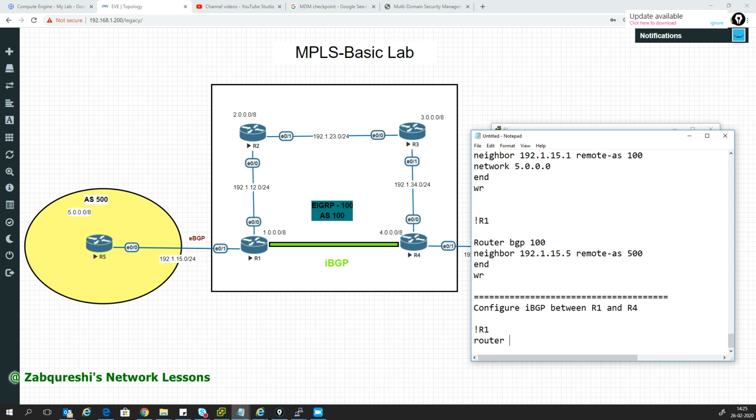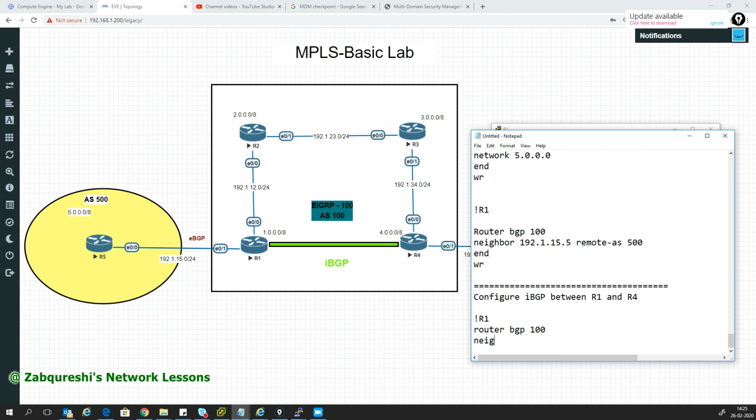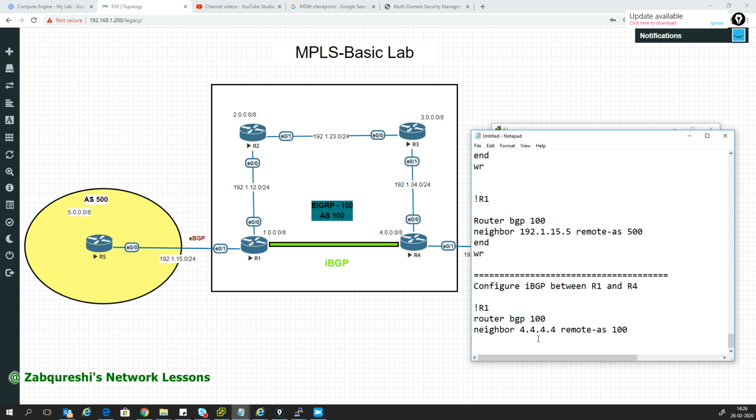Our router BGP is already running 100. Okay, neighbor. Who's my neighbor? I'll go with the loopback, and the remote AS is 100. And then again, I need to specify the